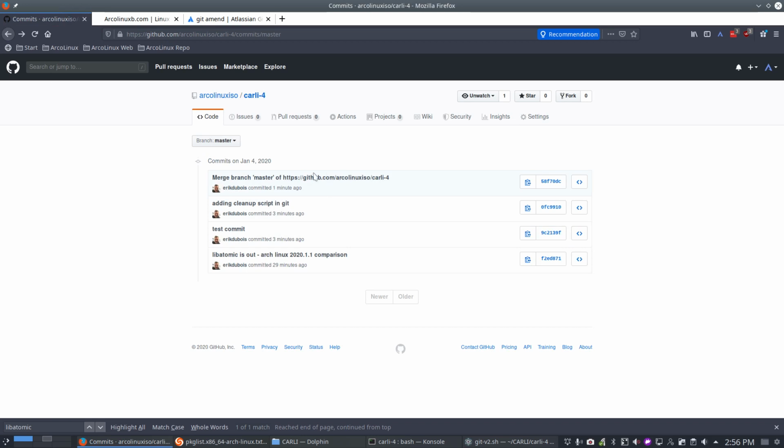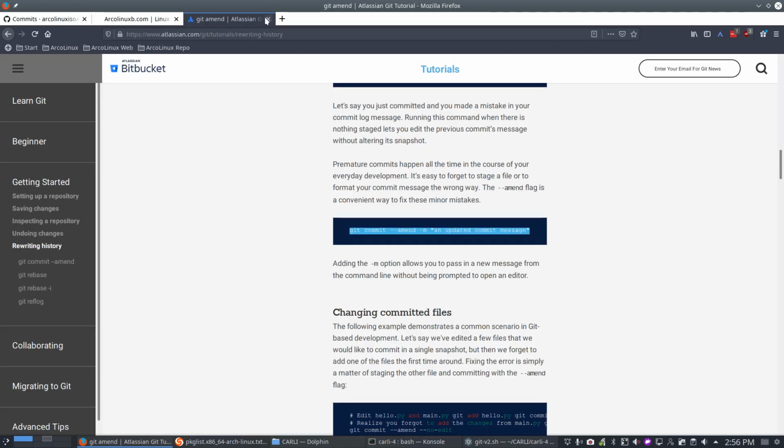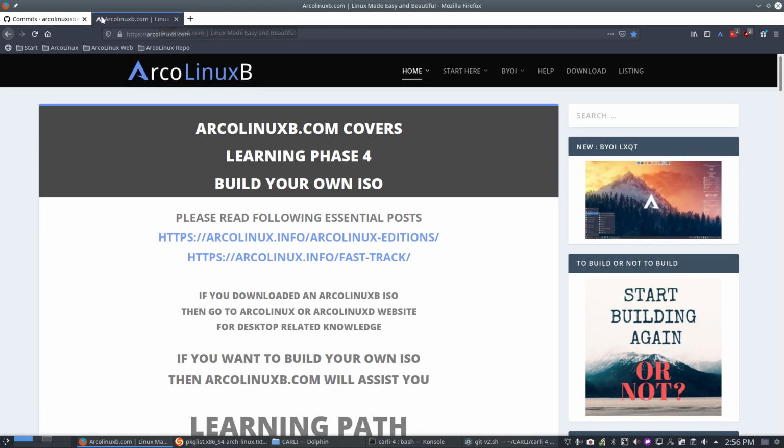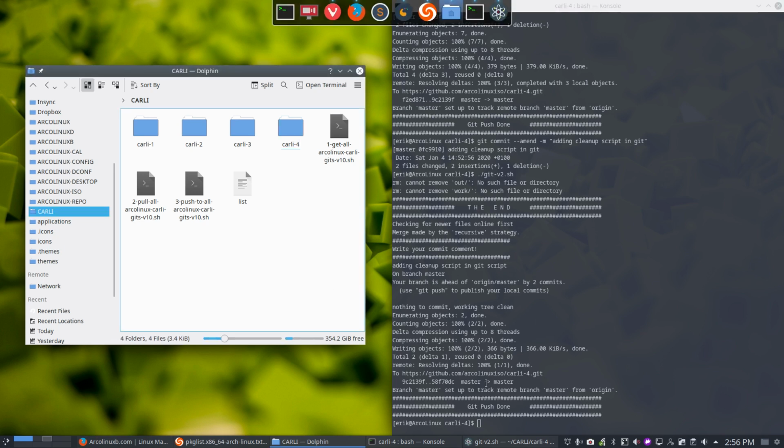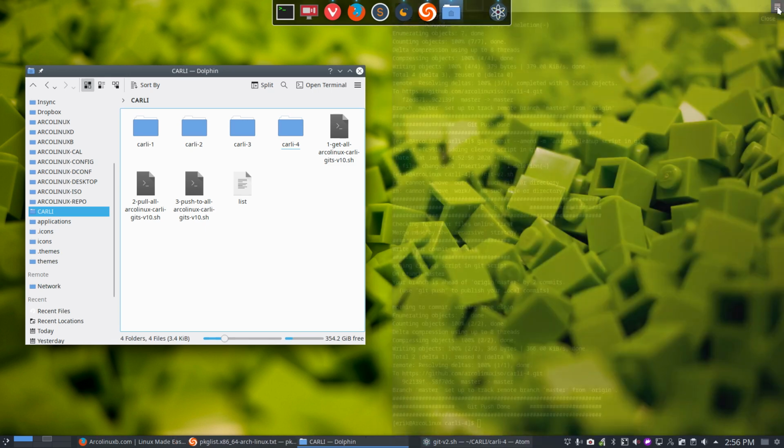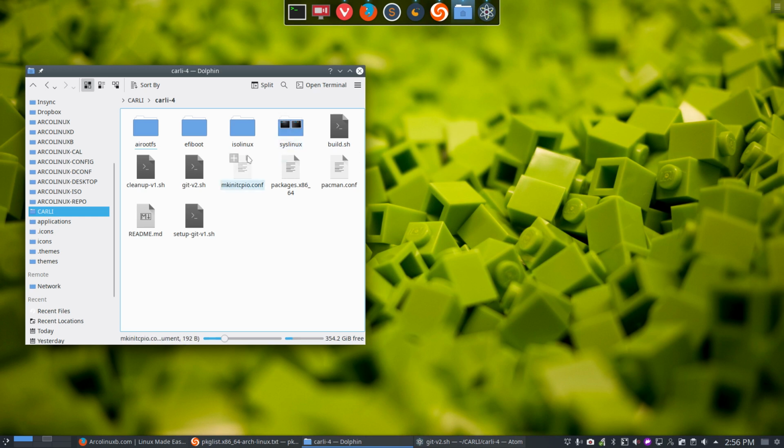This is something I really don't like, to know how to get rid of that. But okay, that's not important, I'll figure it out later. Like I said, Git is complex, but the result is there. So let's continue with the exercise that we should actually still change all the name references. So it's all good that we have an ISO that's called ArcoLinux, but wouldn't it be nicer if it is an ISO that's called